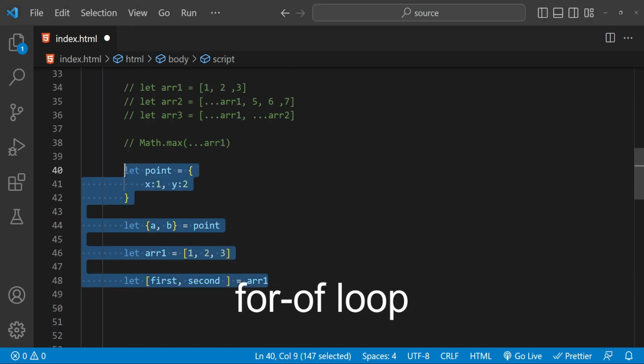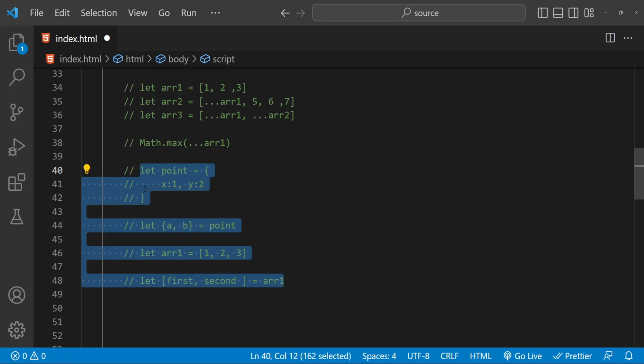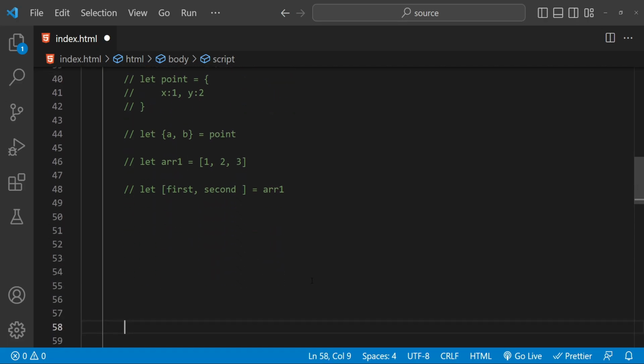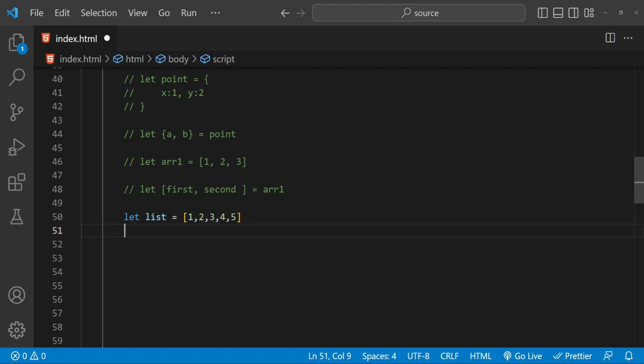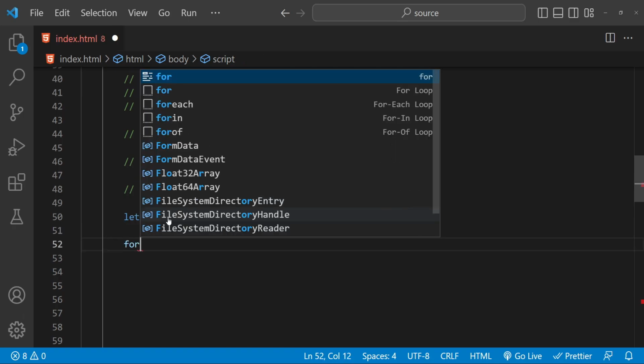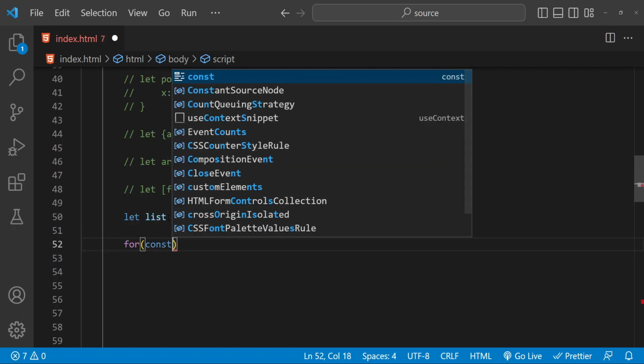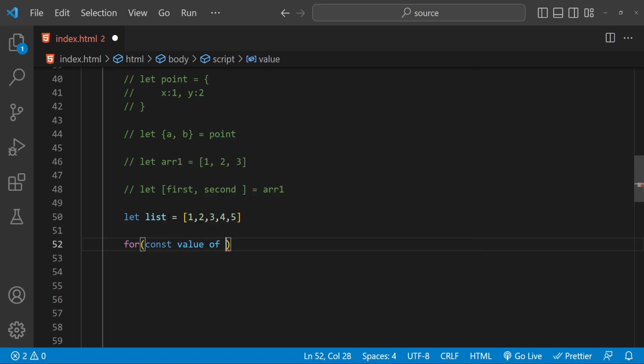The last one for this video is using the for of loop to iterate over the values in an iterable object, such as an array or a string. The for of loop is a newer addition to JavaScript and is a more concise way to iterate over the values in an iterable object. For instance, if we have a list of numbers like this, then we can iterate over this list using the for of loop. So for const value of list,